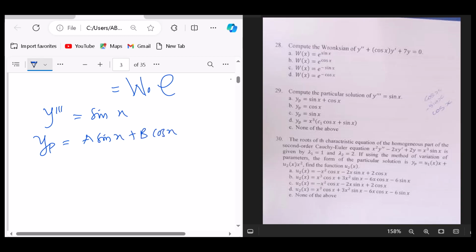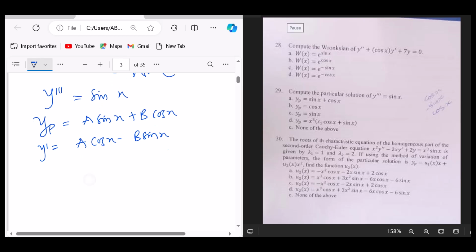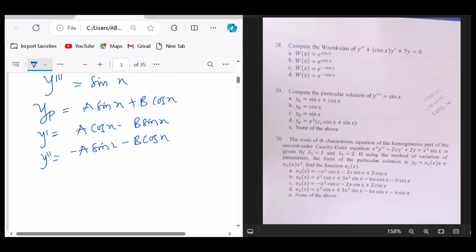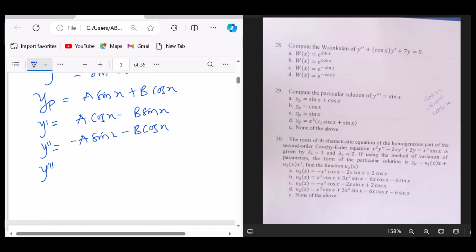So differentiating this, y prime will be equal to a cos x minus b sin x. Y prime prime is equal to negative a sin x minus b cos x. Y prime prime prime is equal to negative a cos x